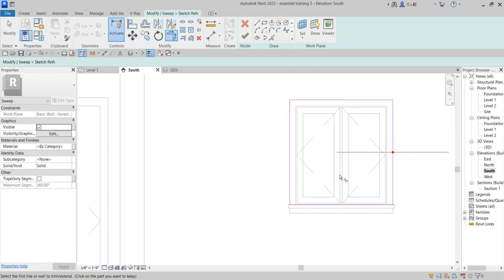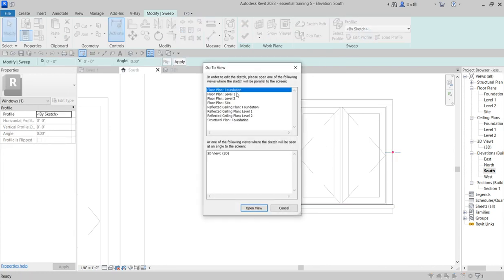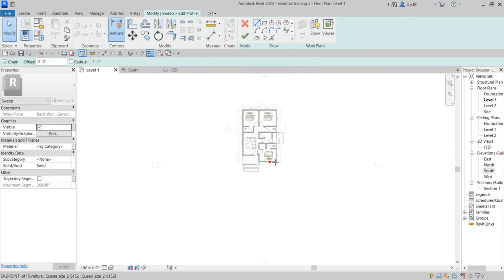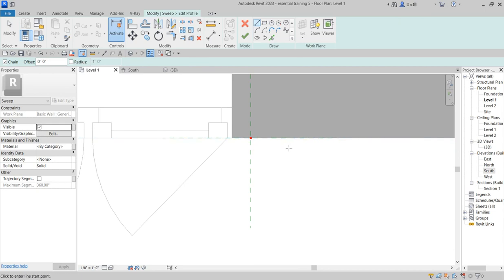As you have done that now, click finish. As you finish edit profile, go to floor plan level. At that floor plan level is where we want to edit our profile, and I want the profile to extend outward. So I select this and start drawing. It should not be too big so that it will not affect the arc issue with what you are doing. So from there to this,